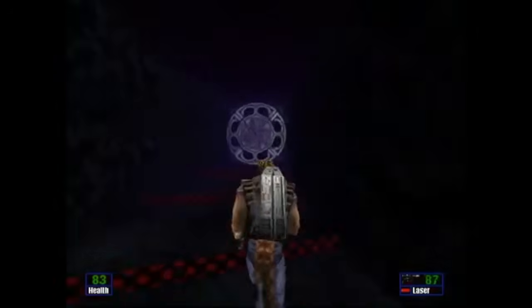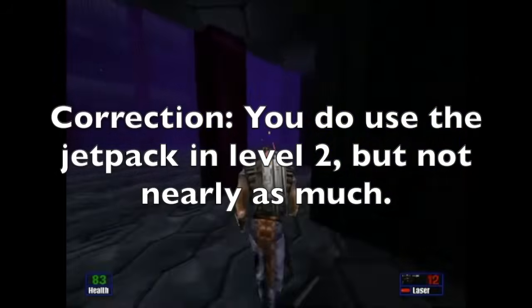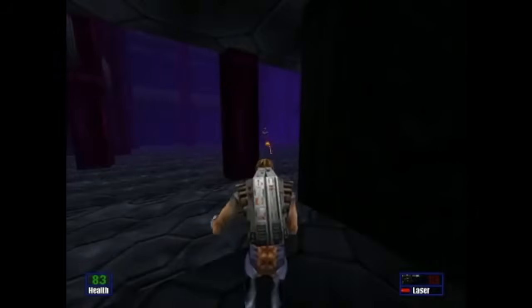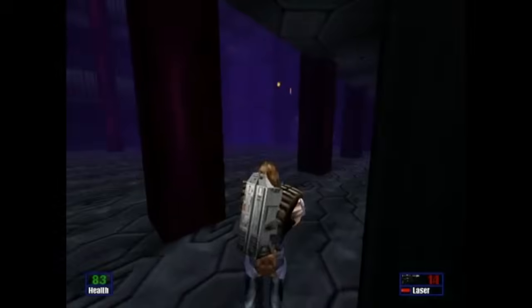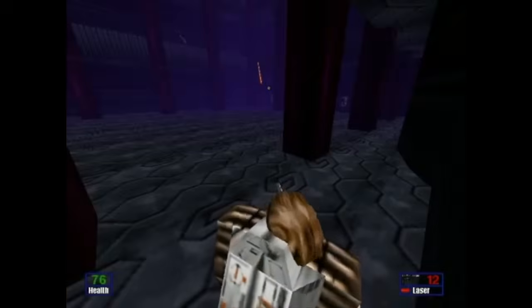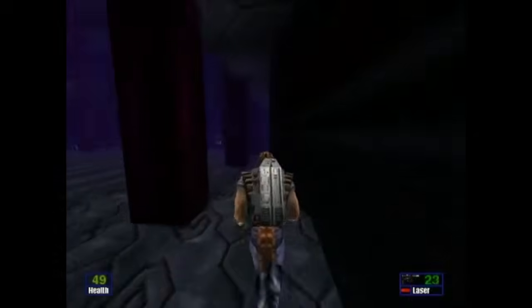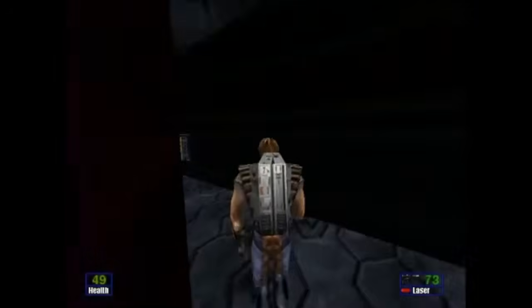After that, the palace level itself is actually kind of a letdown. You don't really use the jump pack here, and it's the same dark, moody corridors over and over and over again. It really makes me wish that if someone were to ever redo this game, they could take advantage of the modern graphics tech that we have now and give the interior of Xizor's palace the kind of dark opulence that the leader of Black Sun calls for.